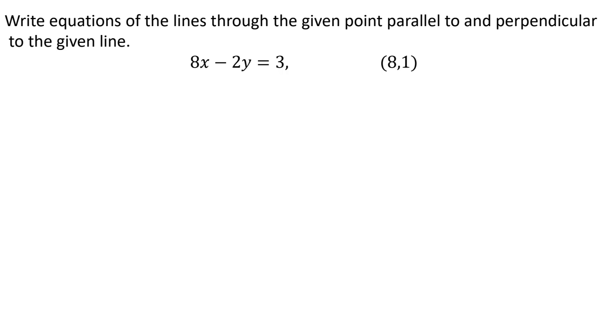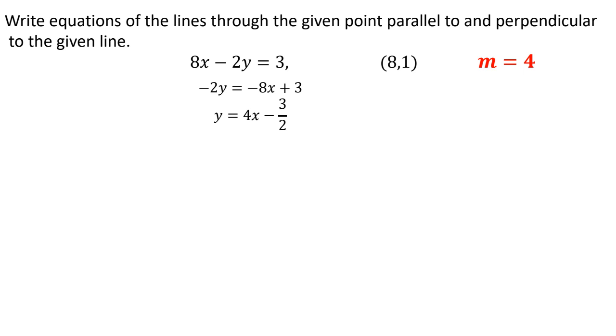So what I'm going to do first is take this equation, 8x minus 2y equals 3, which is in general form, and convert it into its slope-intercept form, which is y equals mx plus b. Having it in that form allows me to see what the slope of that line is. So let's go ahead and start with that. I'm going to solve for y, and when I do that, I have y equals 4x minus 3 half. Now, just to review, this equation is in slope-intercept form, y equals mx plus b, where the 4 is my slope, m, and this -3 half is my value b,